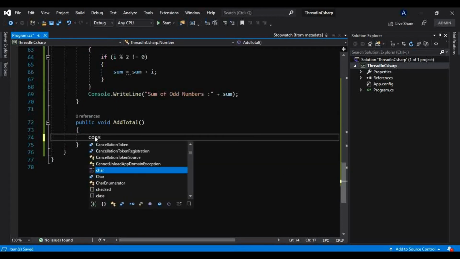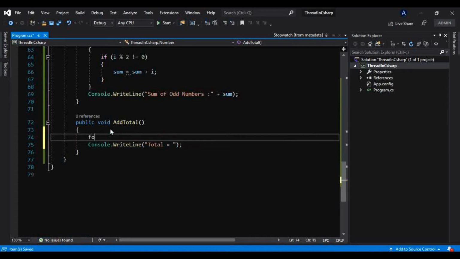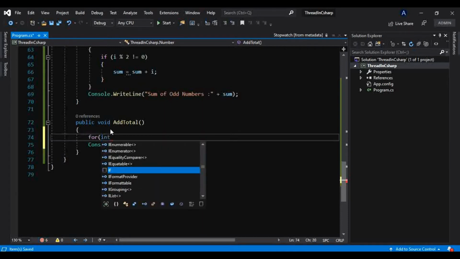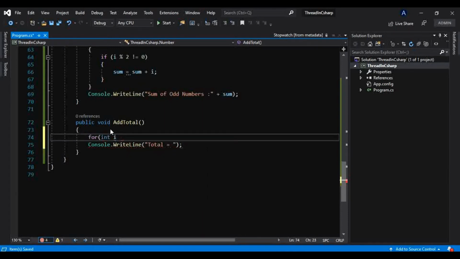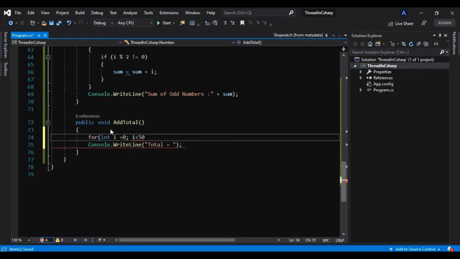Okay, and we will take one console here, Console.WriteLine, that is total is equals to, and here I will take one for loop, that is for int i equals 0, and similarly here I will set the target myself, maybe 50,000, i plus plus.